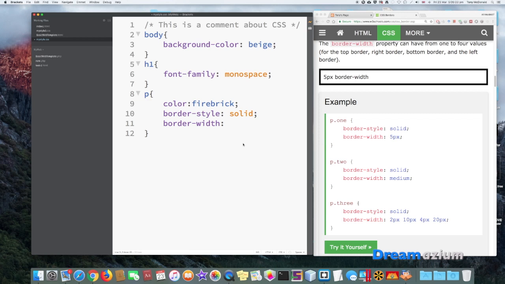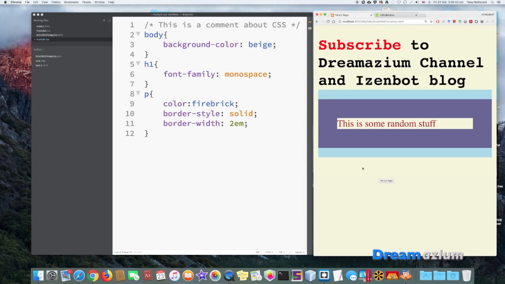A pixel, that's kind of like an old way of looking at things. You know, there is this new way of doing things. So you could have like 2EM. So 2EM, that's really quite thick. What it's doing is it's saying take the height of, like, you know, the M or a T or uppercase letter and double it. Right? So if I did